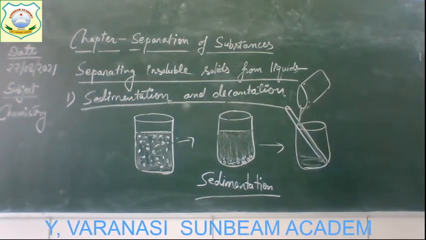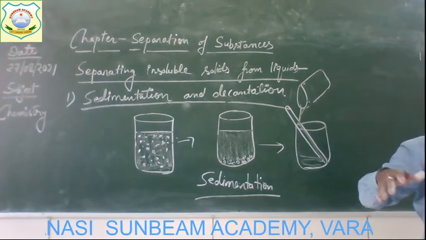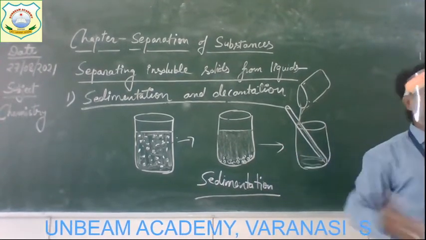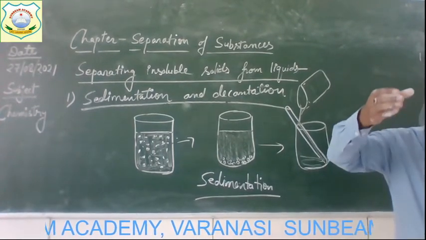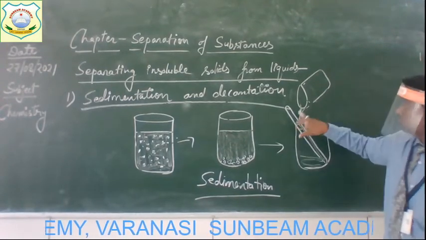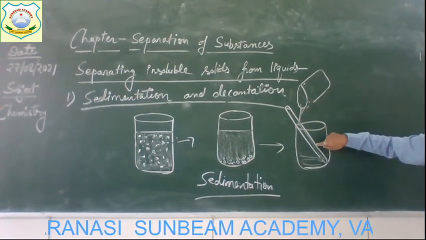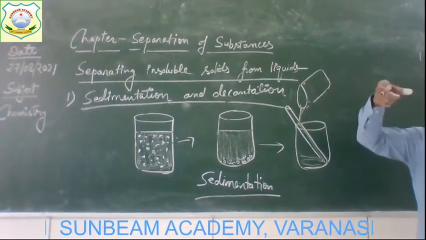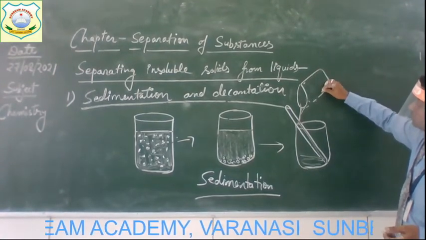But you must do this process very softly so that the mixture does not get disturbed. Otherwise, what will happen? The solid will again get mixed and spread in the water. Get it? So you have to just bend it softly and easily and pour the water present above it slowly through this glass rod into another beaker. Get it? Slowly, not suddenly. Very slowly you have to pour the water. And as you have seen, only what is left?